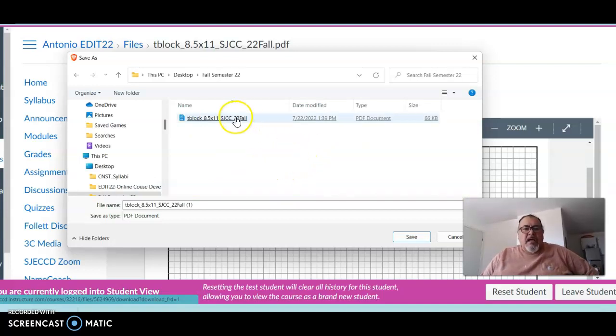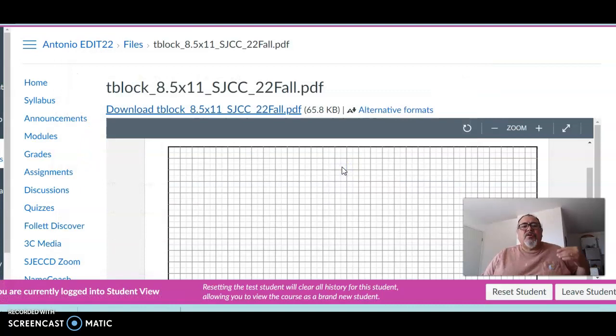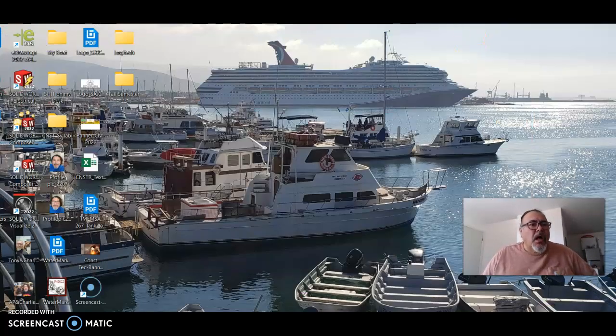And then here I've already downloaded it, but I'll just see, so it renamed it. I'll click on that file and it says it already exists. Do you want to replace it? Sure, why not? So it's just going to write over that file. It's the same file, so this way I don't have two versions of the same thing. So it's done. Now I will go to my desktop,